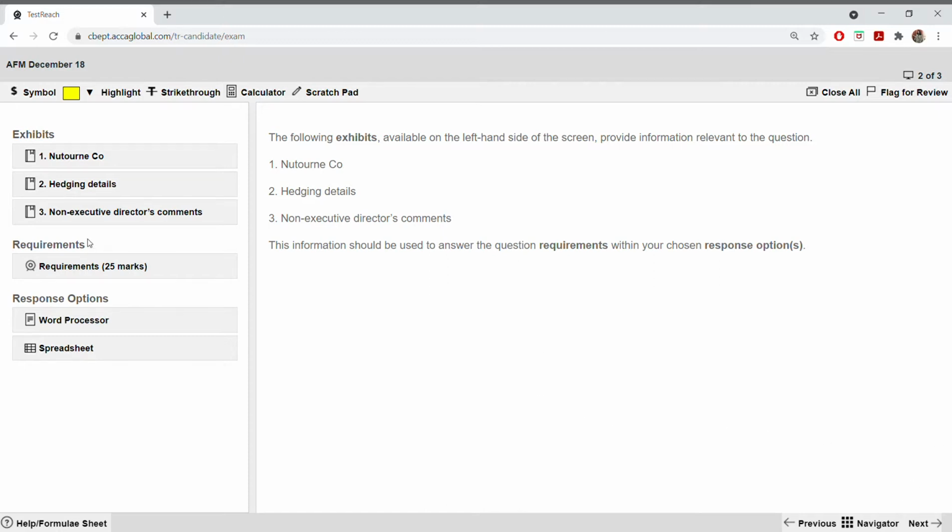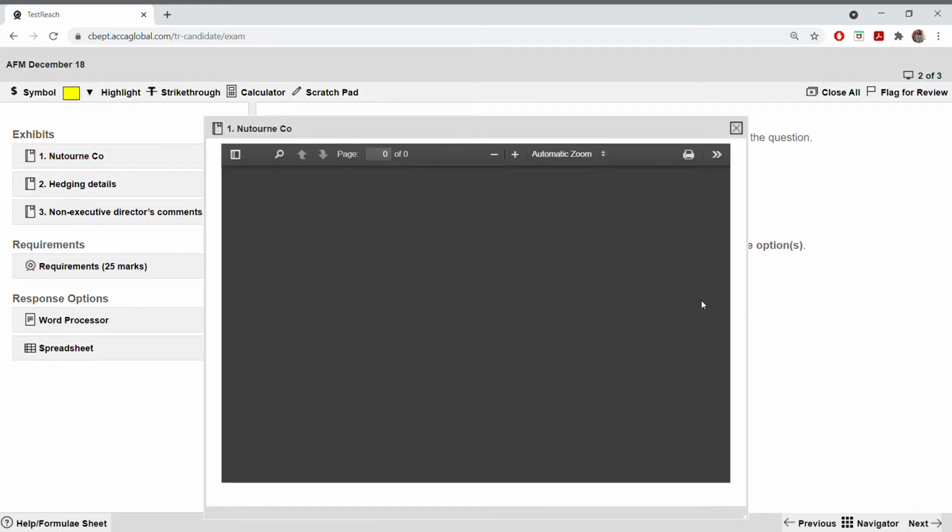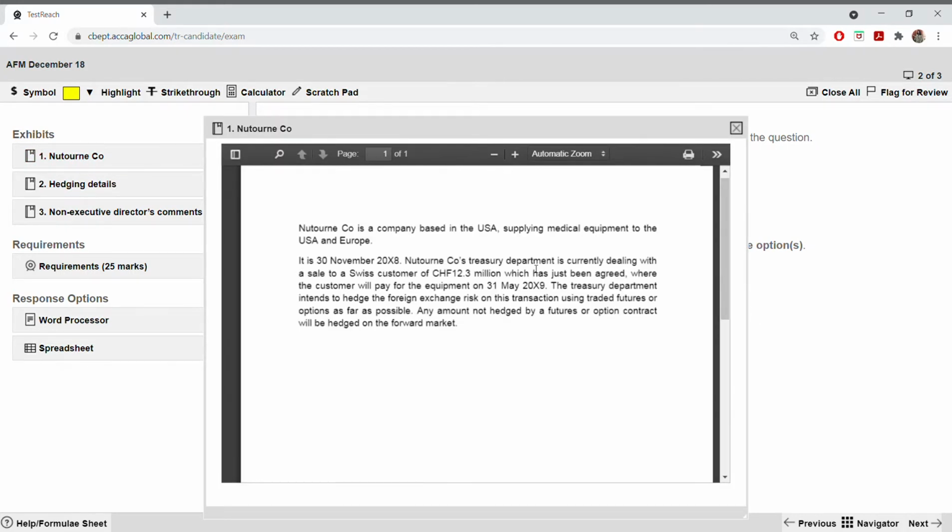So it's about a company. Okay, this is some background information you can read. So basically in this they are saying that they are going to get a receipt. This company is US based and it's going to receive a foreign receipt in Swiss francs, which is 12.3 million Swiss francs. Okay, as you can see here, 12.3 million Swiss francs it's going to receive. So now they are going to use future, option and forward, the 3 hedging techniques. That's what is explained here.